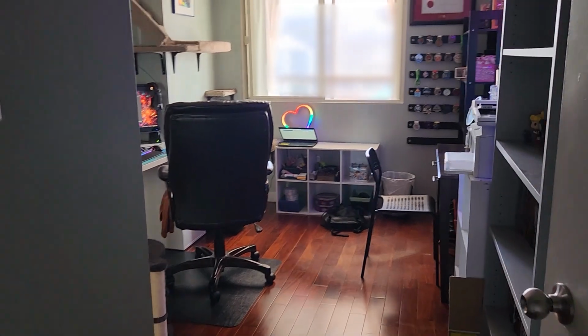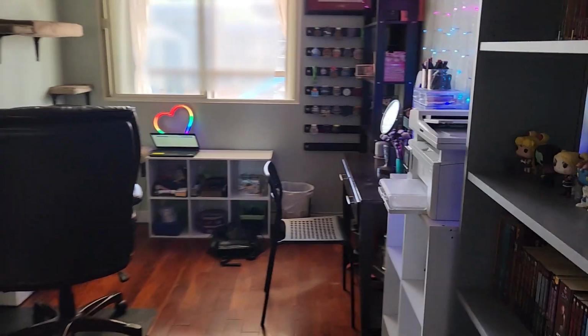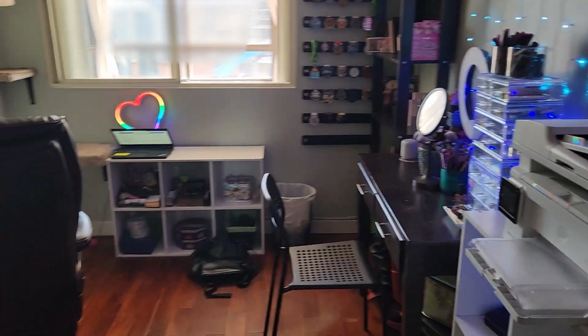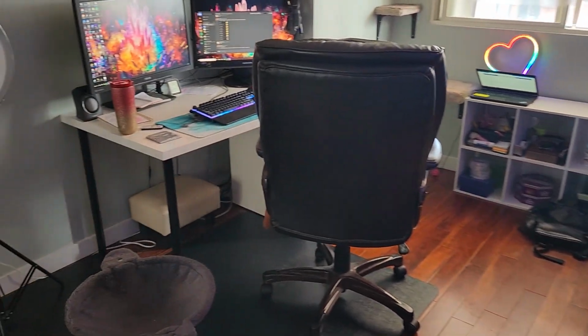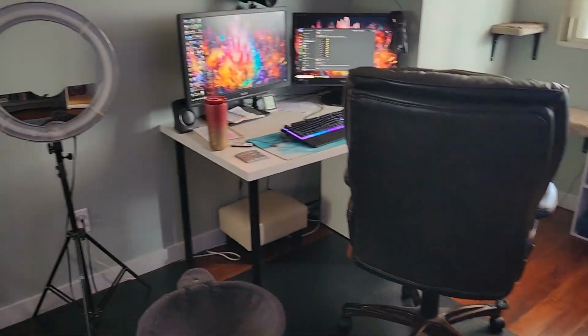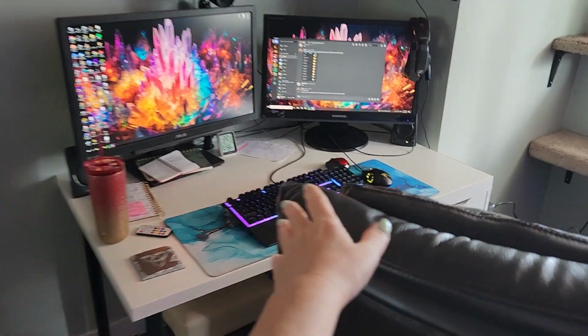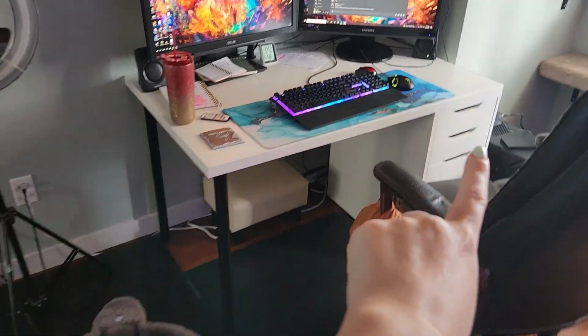So I'm planning on doing a room tour for the new studio, but here's just a really quick look of what it looks like right now. I love bits and pieces of this, but some of this really needs to change. And the biggest thing I'm planning on doing here is having, this chair is covering everything, a desk that